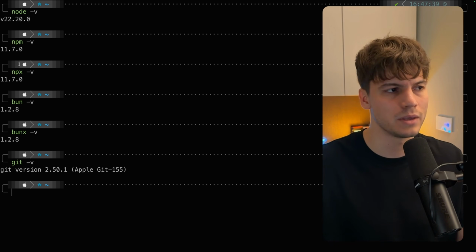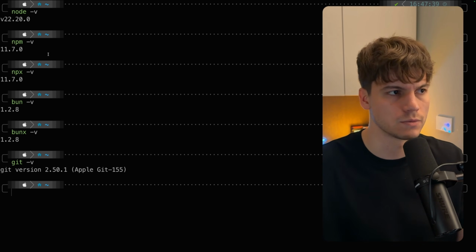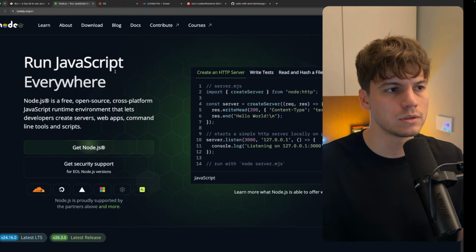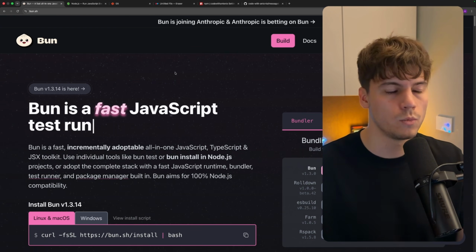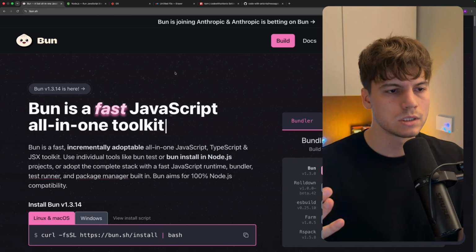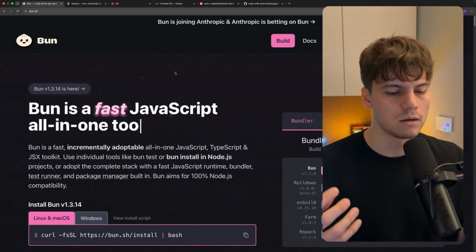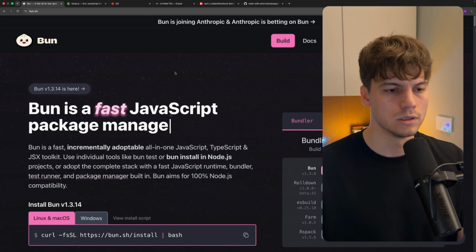For npm and npx, just make sure that they are actually runnable and not causing any errors when you try to run them. Now, the second thing we're going to need is bun. You might be thinking, how come we need both Node and bun? Well, we're going to use Node as the final runtime of our tools, meaning the end users to whom we